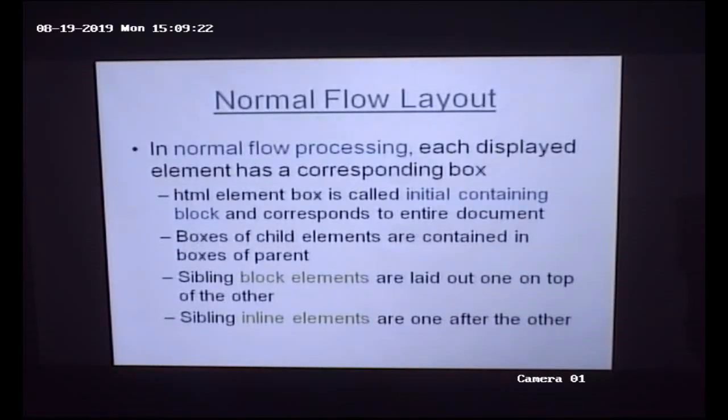So the next topic is normal flow layout. Why am I saying this is a normal flow? Because of how the browser displays these kinds of properties with the box model. That step is known as normal flow processing. Here in normal flow processing, each